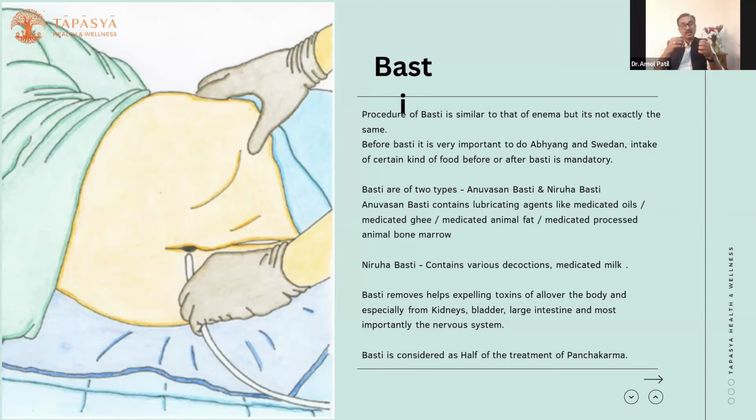Basti also acts on the nervous system. Now, you will say Basti is nothing but giving an enema. The medicine of the enema will reach the rectum and the large intestine. How is it going to act on the nervous system? Because there is a complex plexus of nerves at the end of the large intestine,